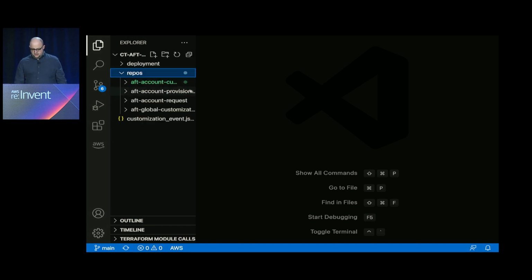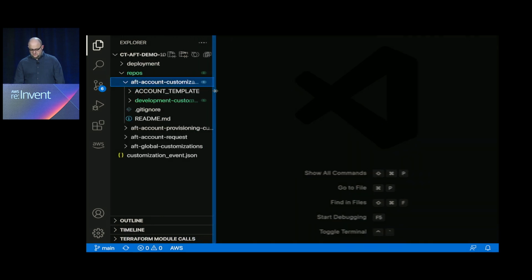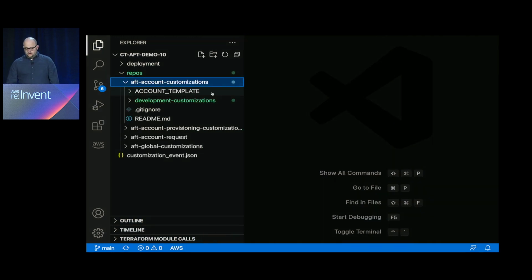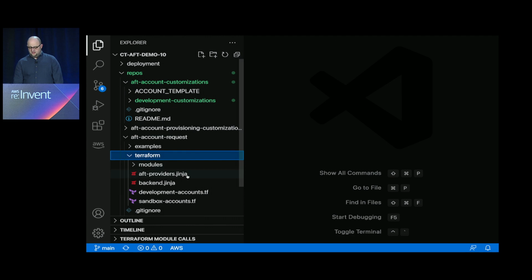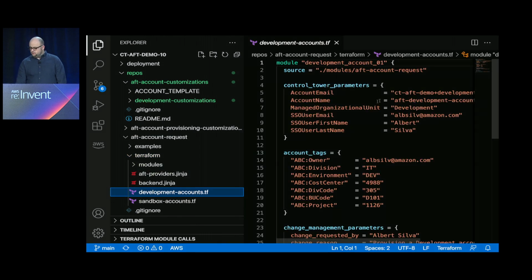So if I go back to my IDE and I take a look at account customizations, we see that we provide you with an account template that you can leverage. And in this case, what I've done is I've copied and pasted that folder, and I have renamed this copy Development Customizations. So what does that name mean? Well, if we take a look at my account request for development, we have all the fields we saw earlier, right?